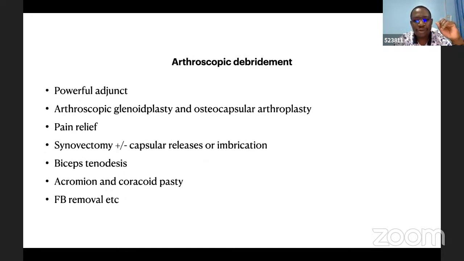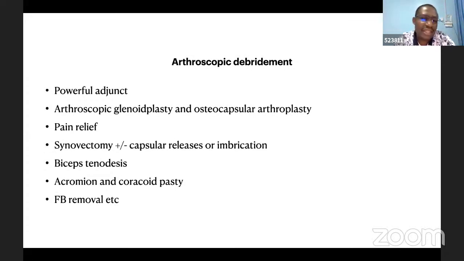In the shoulder, you can still go in and debride that joint, decompress the subacromial region, remove impingement issues, remove the osteophytes, and if you have a chance, you can do microfracture for areas where cartilage is damaged. You can do capsular release, and you can do biceps tenodesis. You can even remove foreign bodies. There's a lot that you can do around the shoulder. And so for the shoulder, it is not entirely true to say arthroscopic debridement is not